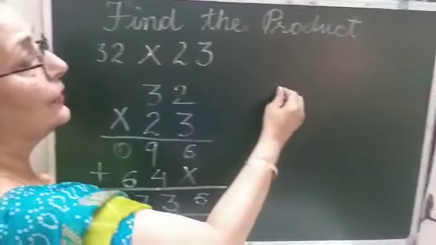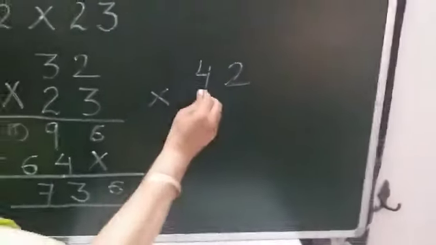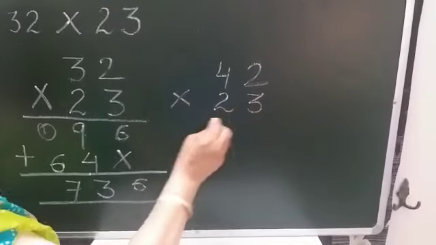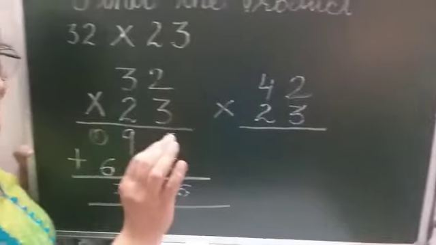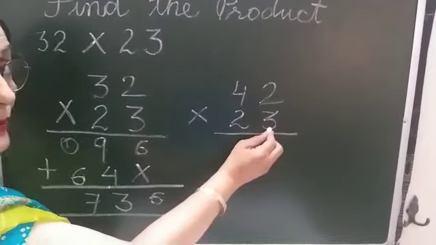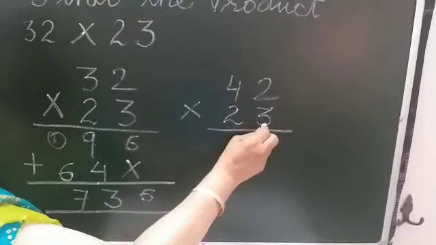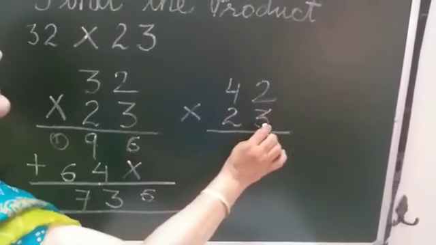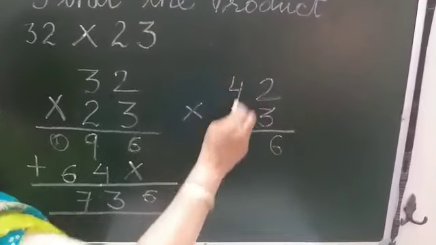Let us take 42 multiplied by 23. So similarly, again you do it yourself, what I told you just now. First we have to begin from the ones place value. It is the turn of 3 and the turn of 2 will come later on. So don't look at it. Just look at this: 3 2s are 6. 3 4s are 12.